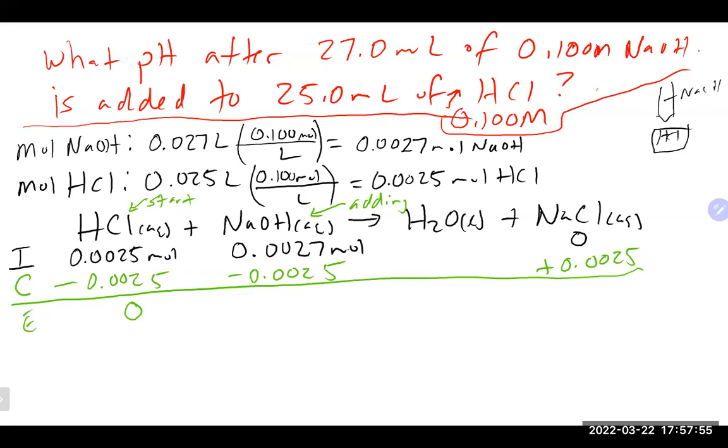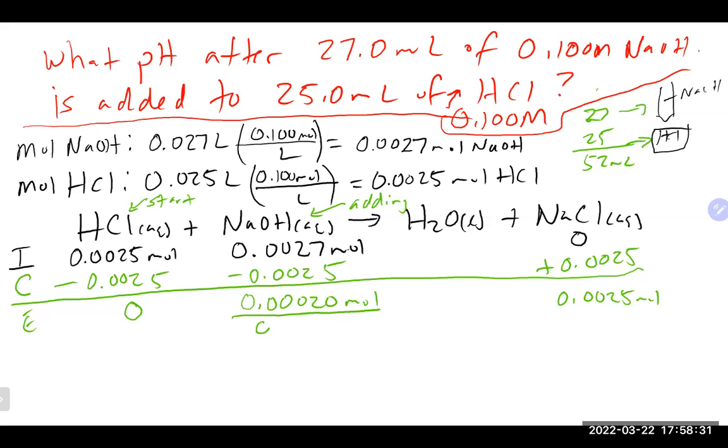That is 0.0027 minus 0.0025. That is a lot of zeros, but it's 0.0002 moles of this guy and 0.0025 moles of this guy. At this point, again, really good practice to convert back into molarity. Our total volume at this point is, we added 27 of that guy, we started with 25 of that guy. That's 52 milliliters, our total volume at this point in the titration,